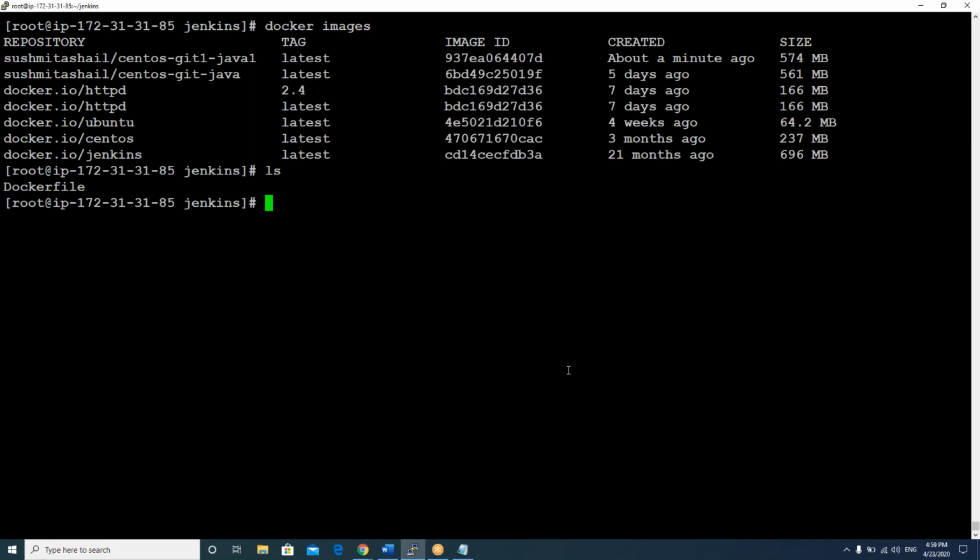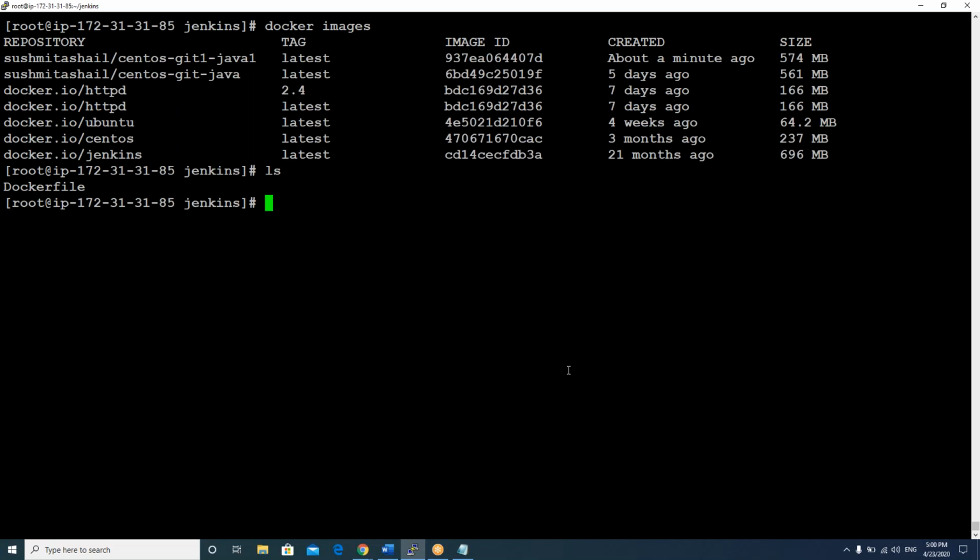In dev I have to create, in QA I have to create, in production I have to create. Again and again I'm getting the same kind of request to create the same container. In that case, what would I do? If I create a Docker file, or maybe a customized image, one time, I can use the same image, the same Docker file, any number of times, right? So that is how it works.